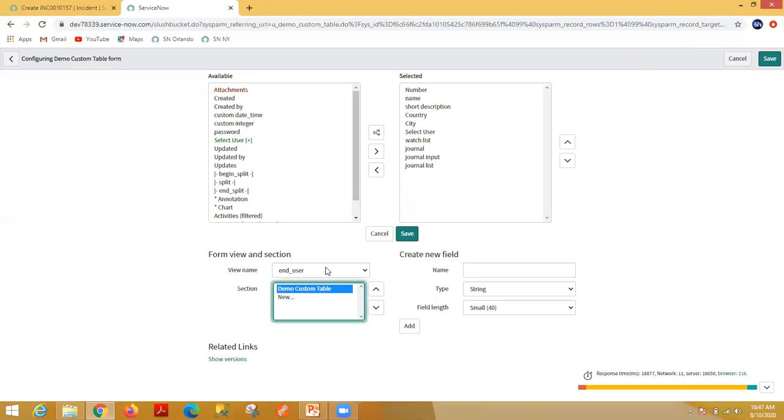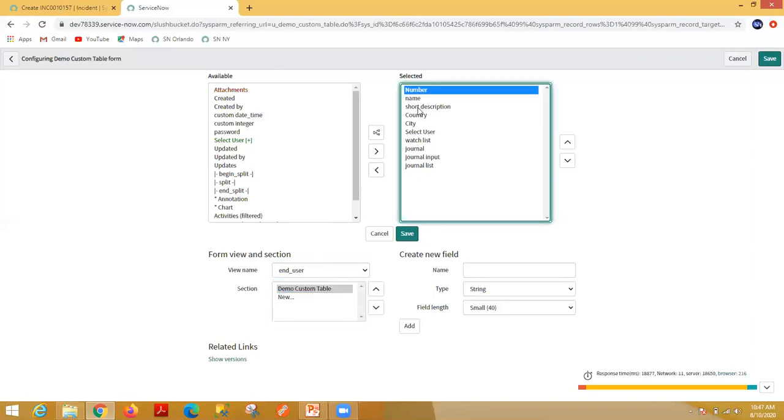Now if you see here, this is my default view, and if I want to modify my end user view, I can select it. I don't want so many fields inside my end user view.